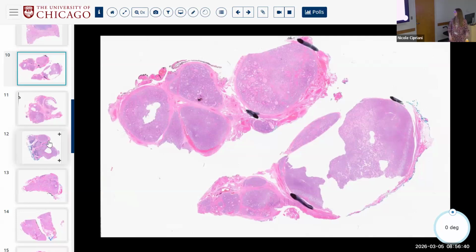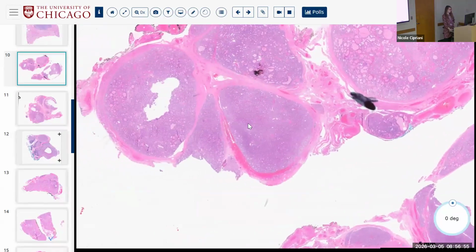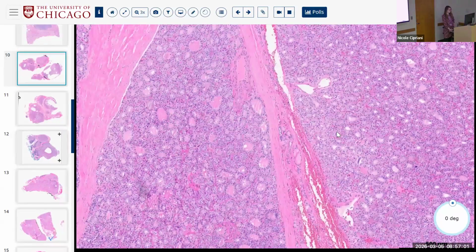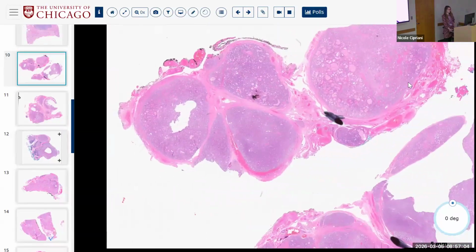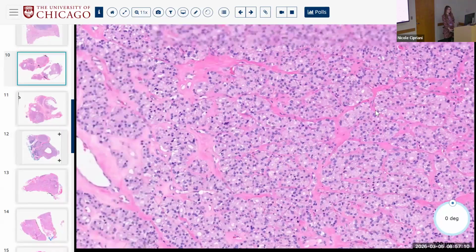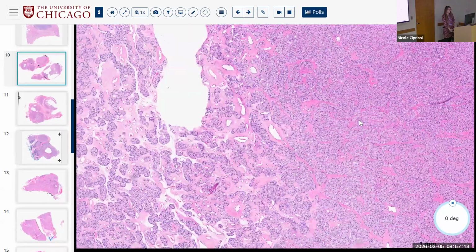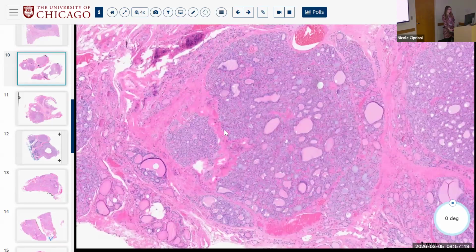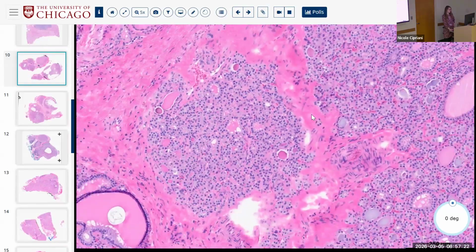This is a tougher one. Benign or malignant or not sure? Not sure. There's lots of nodules. Are they all the same? Or are they all different? They all seem kind of separated. So this came as a dominant nodule, which is now marked by the black. This is a dominant nodule that had FNA and molecular testing done. And there was a finding in the molecular